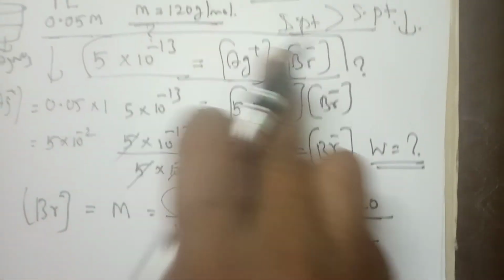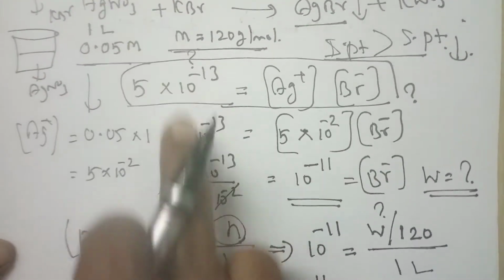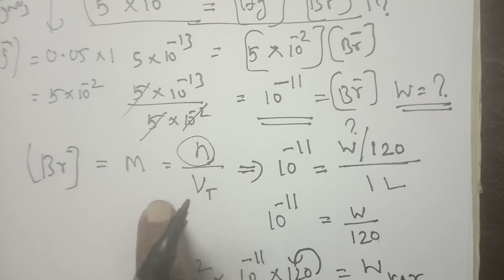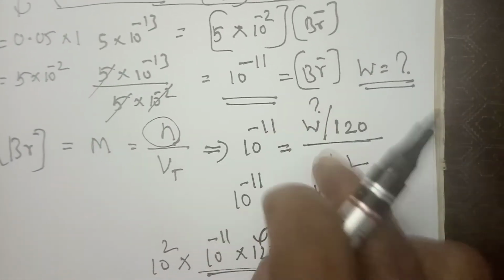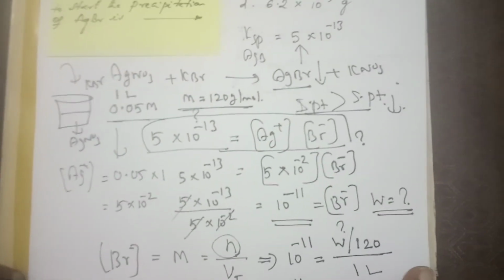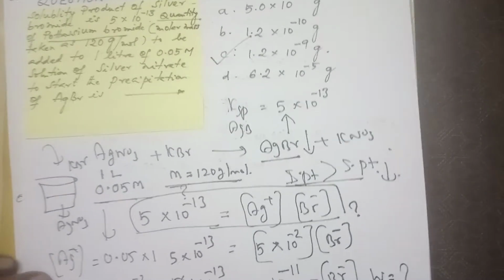The first formula is this one. Next, how you can calculate the concentration is the second formula. The third formula is how it can be converted into the number of moles. The fourth formula is how we can convert it to the weight. So this question needs a lot of knowledge, which we are expecting for this year's NEET. Let us go to the next question.